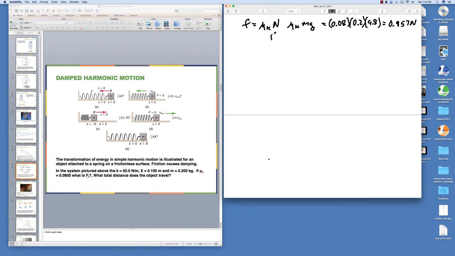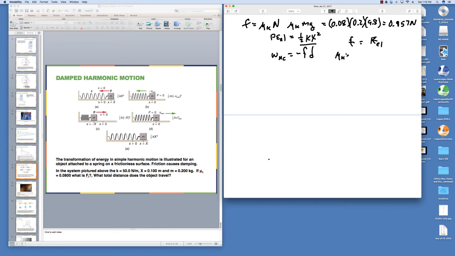Now, the second question here, basically what we have is we put elastic potential energy into the system, which is going to equal 1/2 kx squared. Now, over a period of time, this will be transferred into work, which is going to equal minus the friction force times the distance traveled. Okay? And we also know that this will stop at some point where the friction is equal to the force of elastic